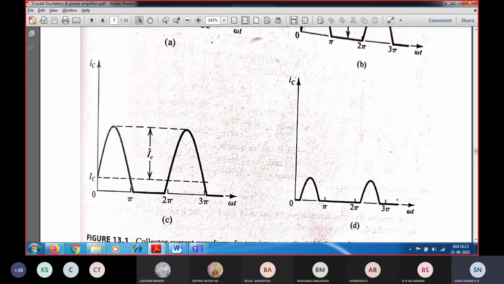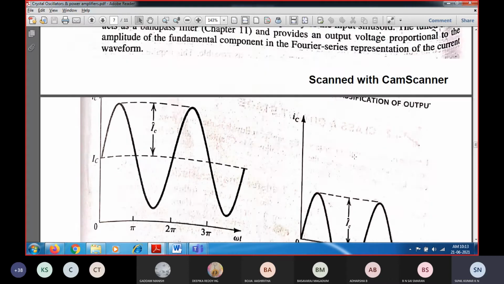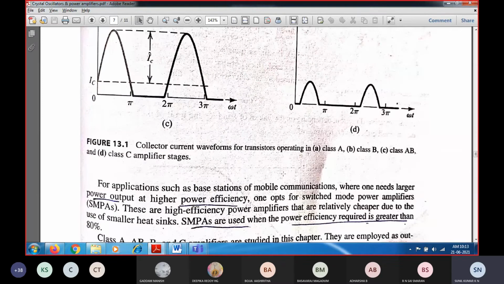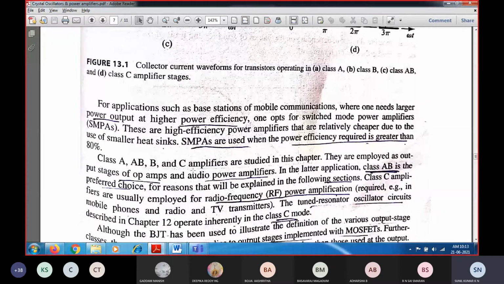After that, during the negative half cycle, you will not be getting any output at the same time. Only after the positive input cycle, greater than 2 pi, your output will get started increasing. So this is what you will be getting as class A, class B, class AB, as well as class C amplifier output. So with this basic knowledge, we have started with the class A amplifier.